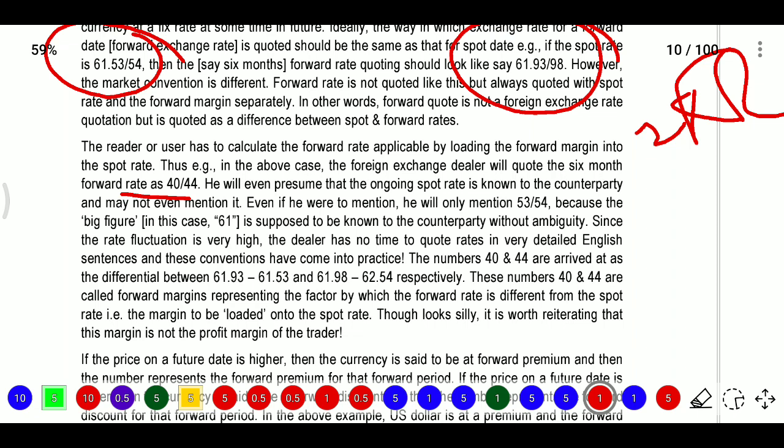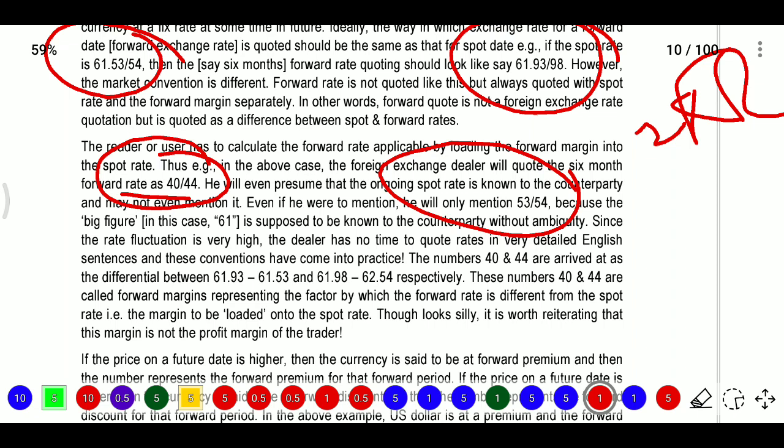Even if he were to mention, he will only mention 53 cross 54. So firstly this is forward rate and he will mention for spot 53 cross 54 because there is the big figure,